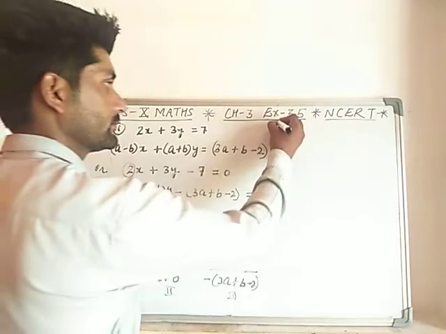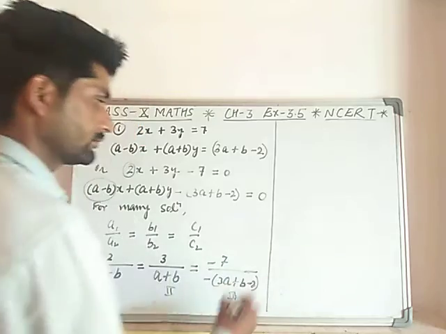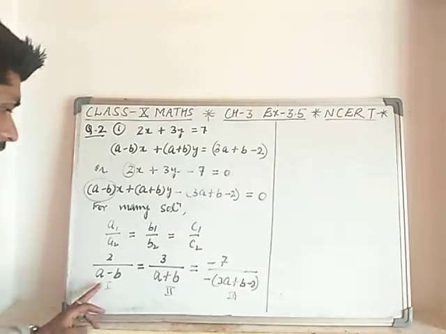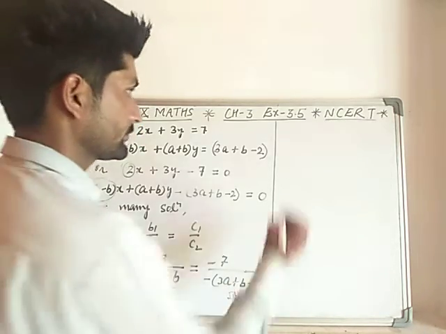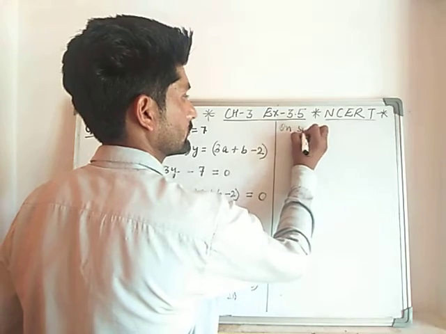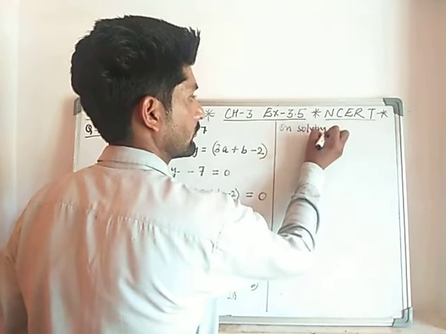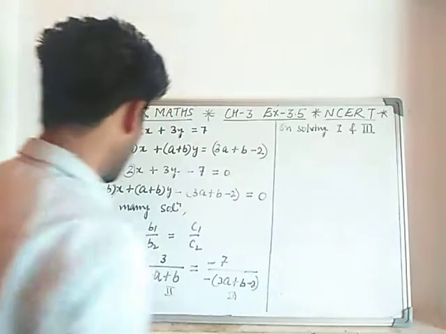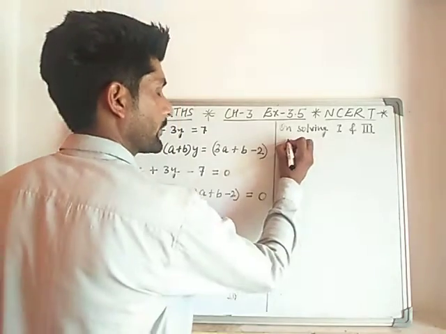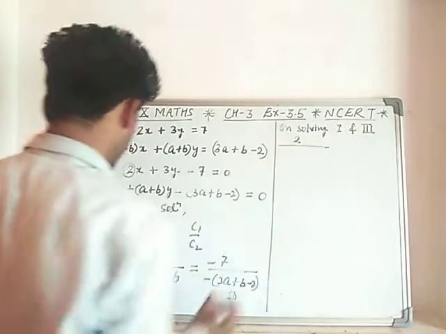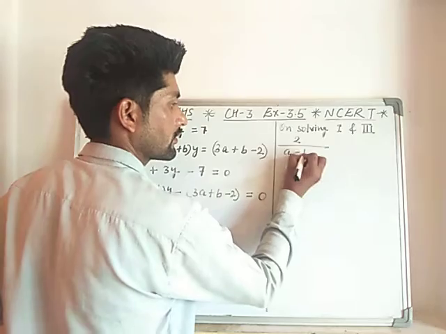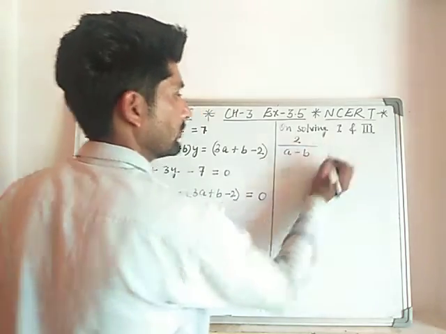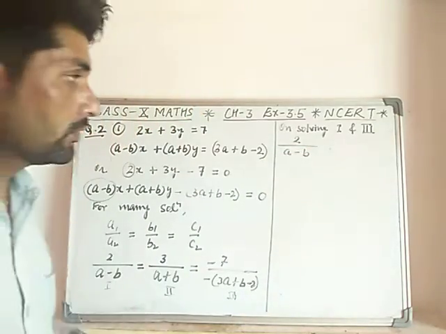Okay? On solving first and third, 2 upon A minus B will be equal to